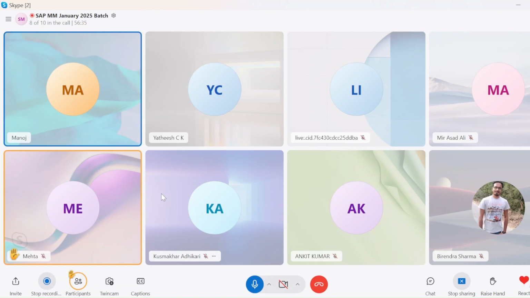Okay. And Mr. Mehta, I will share the server credentials with you. And you can see the last class also, only the first class was there on Monday. So just check if you can see the recording of the first class or not. If not, I will tell Ankit or Yatish, they will share it with you. So just check whether you can access the first class or not.